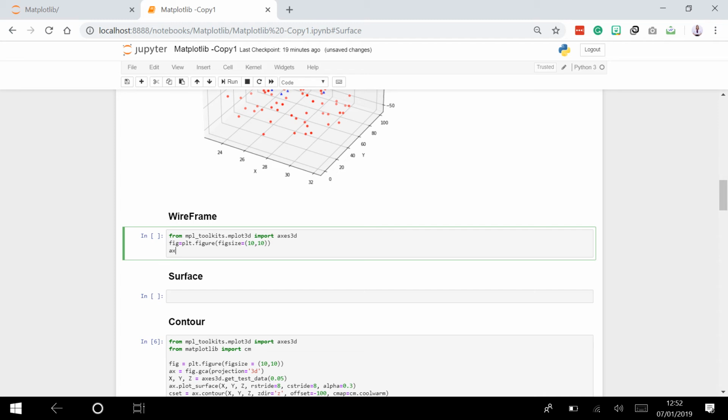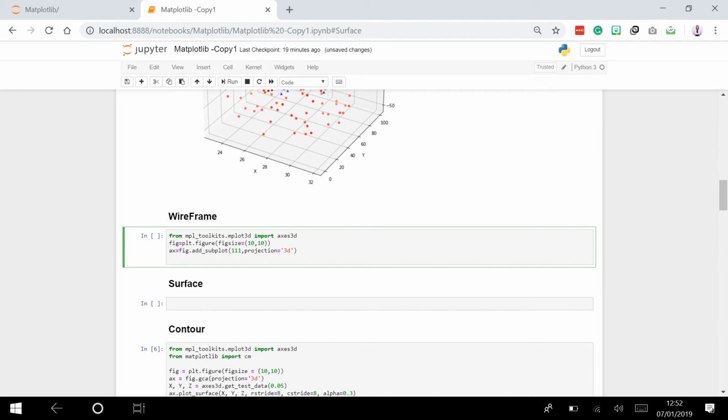Then ax equals fig.add_subplot, 111, projection again equals 3D,